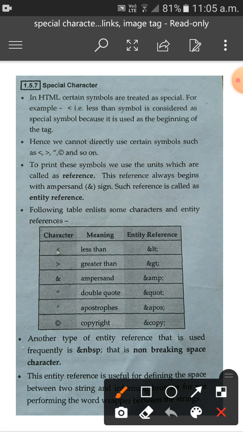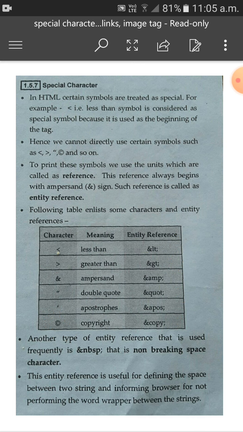So if you want to use these symbols, you have to give the references: ampersand lt, ampersand gt for greater than, ampersand amp for ampersand, ampersand quot for double quotes, ampersand apos for single quote, and ampersand copy for the copyright symbol.